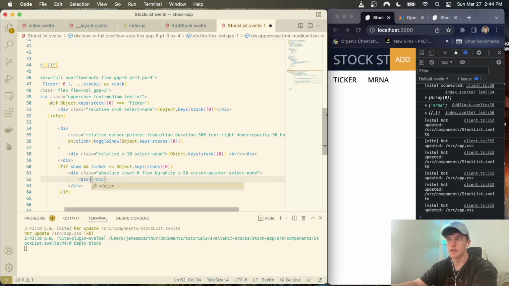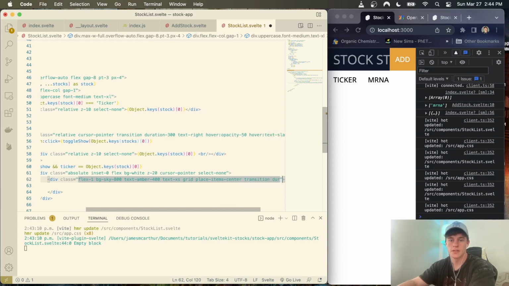Got a few divs, and this one is going to have class of flex 1, so it takes up a majority of the space, background sky 800, text amber 400, text extra small, grid place items center,